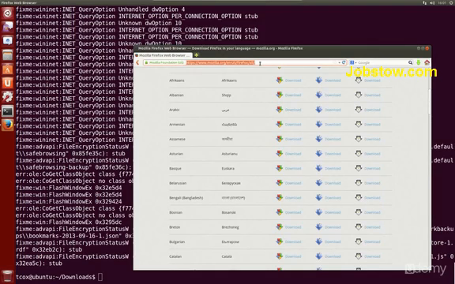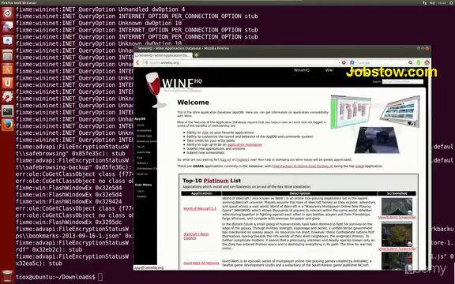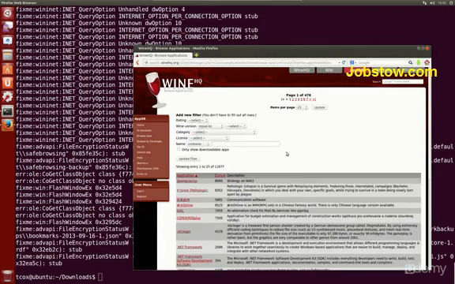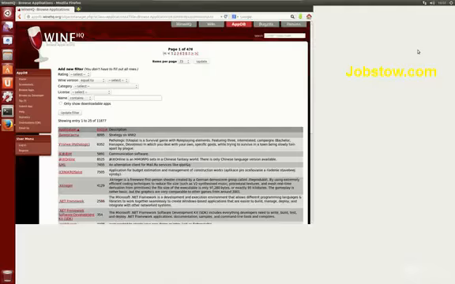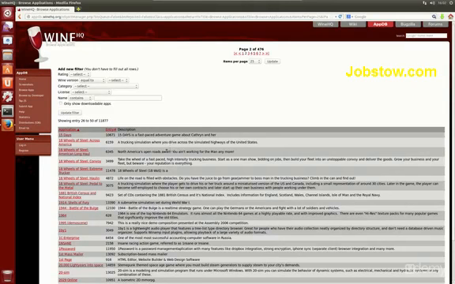If you go to winehq.org, which is where Wine is at, and you go over here to the AppDB, you'll be able to browse applications and how they run. You'll be able to search applications. So in the case of World of Warcraft, for example,